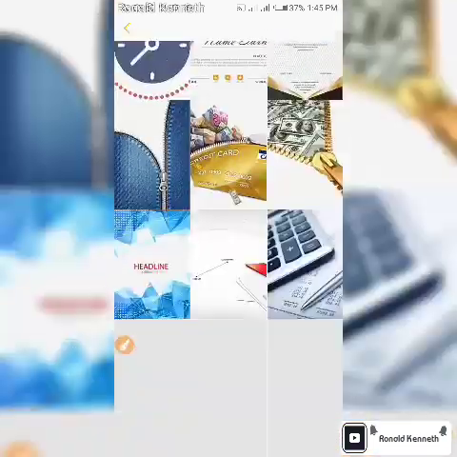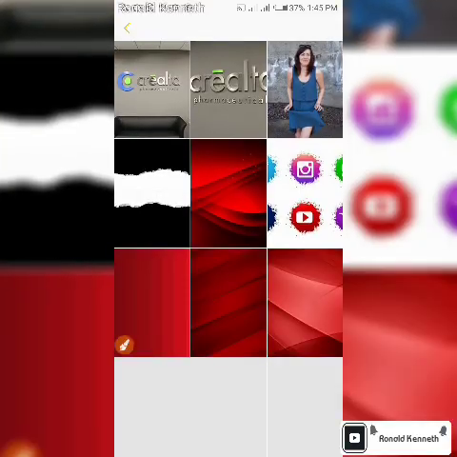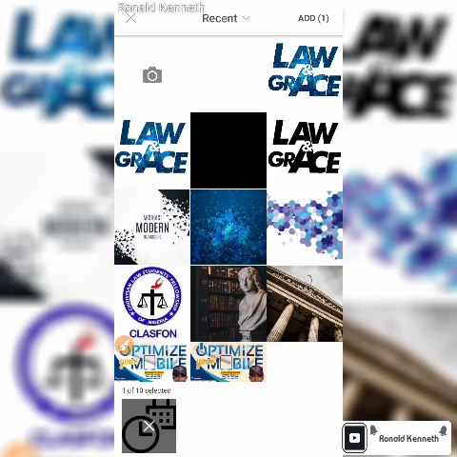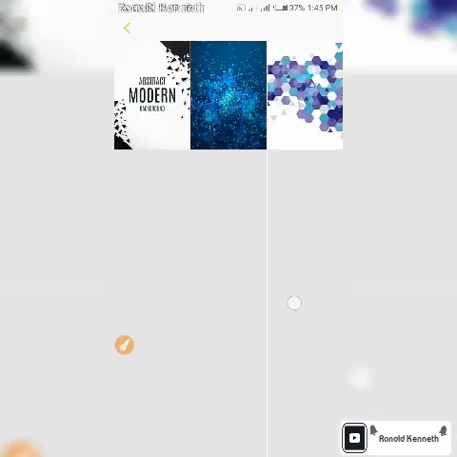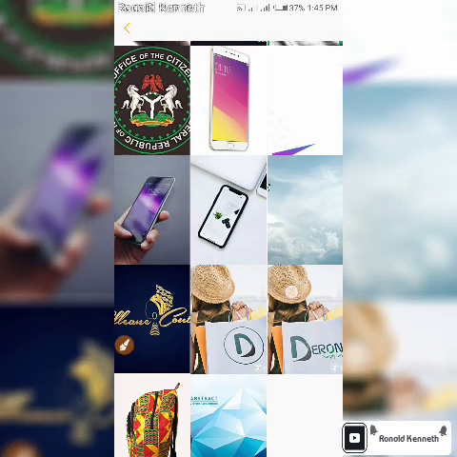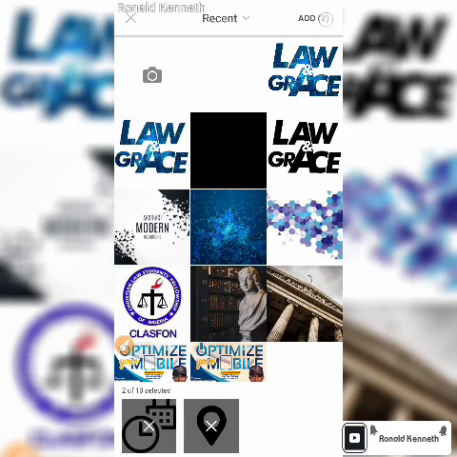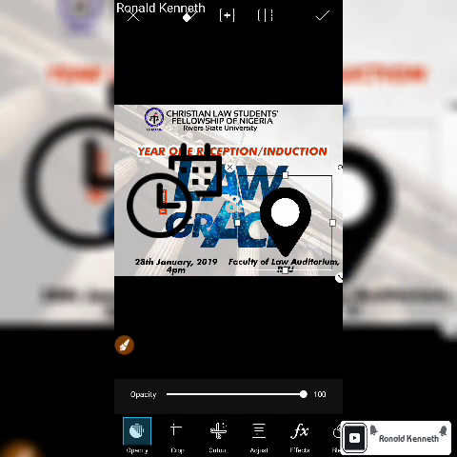Now there are several websites you could download these transparent PNG files for icons and all. You can go to kisspng.com or go to pngtree.com. You can always get all these icons. So you add that,